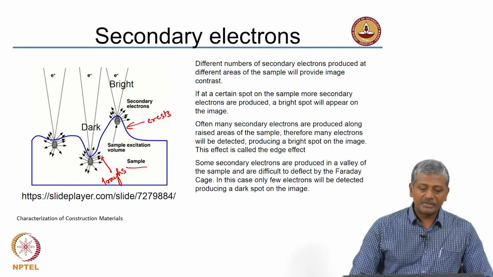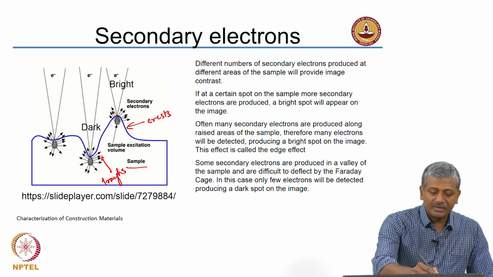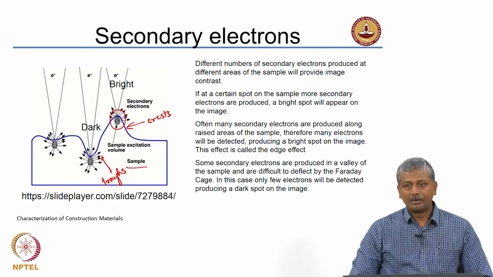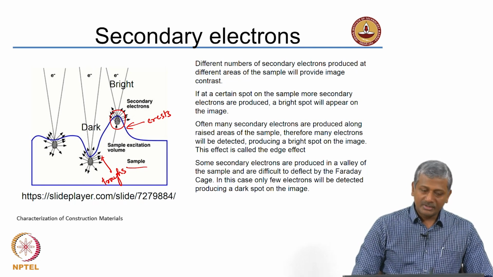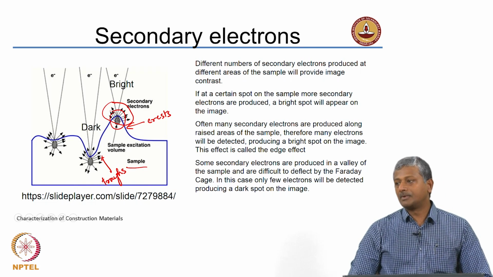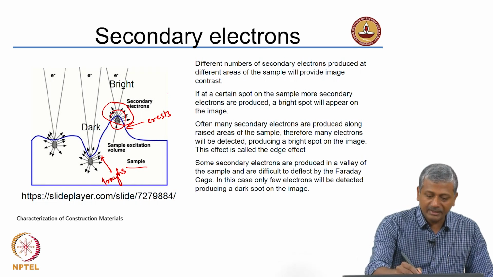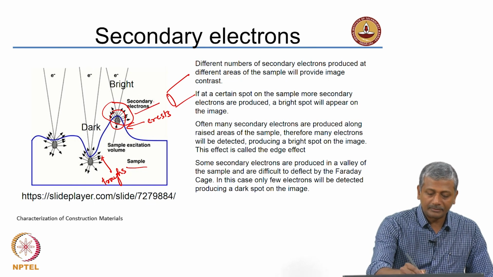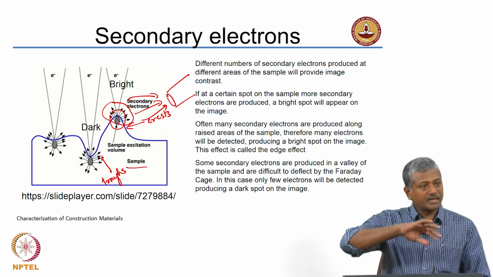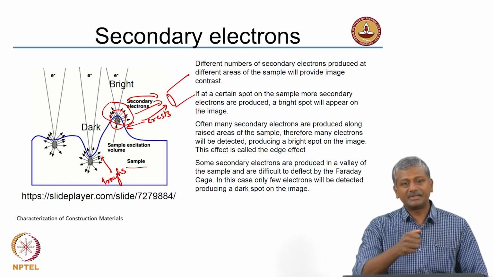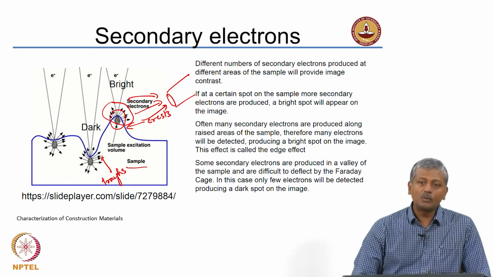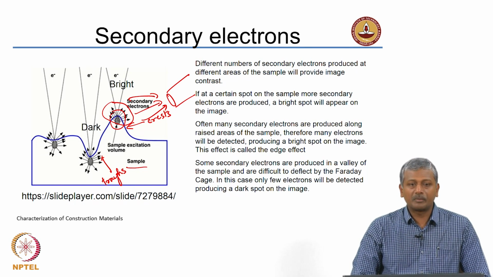Now, what will happen is the incoming electron beam, if it is striking the location of the crest, what is going to happen here? Because the secondary electrons that are generated here are generated from the very top of the sample, okay, there is a good chance of collecting everything with the detector, since the electrons are getting ejected from the top or crest of the sample, it is very easy to collect a lot of these electrons. So, in other words, how will this crest appear in the microscopic image?